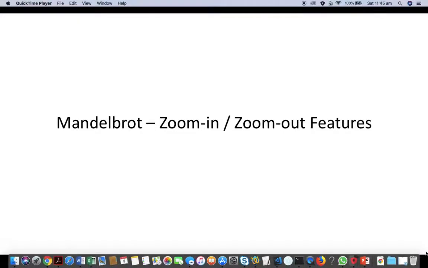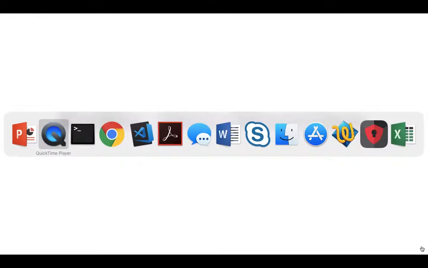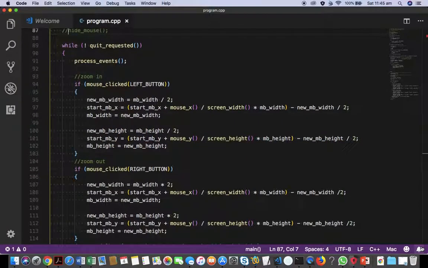Okay, today we're going to take a look at the zoom in and zoom out features of the Mandelbrot set. I may stumble around a little bit here, but we'll see if we can get at it. What I've done is I've run up some code in Visual Studio for the Mandelbrot set, and that's been using